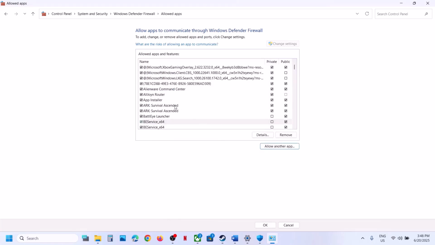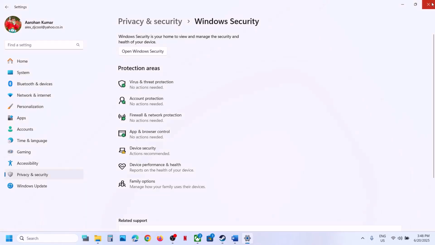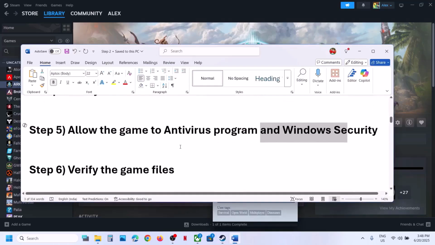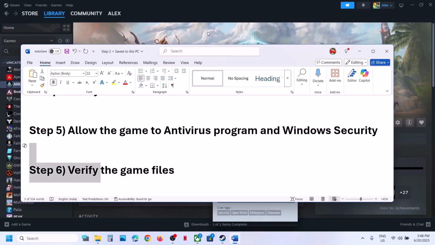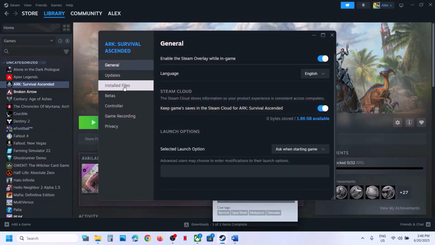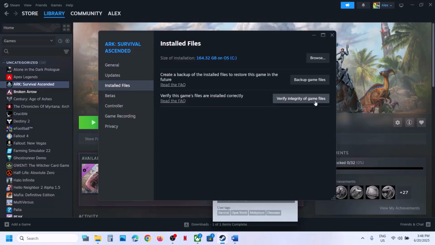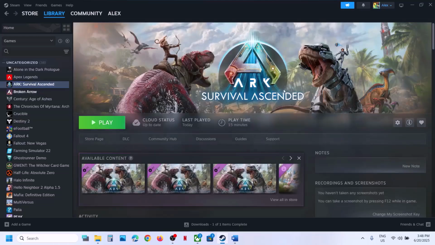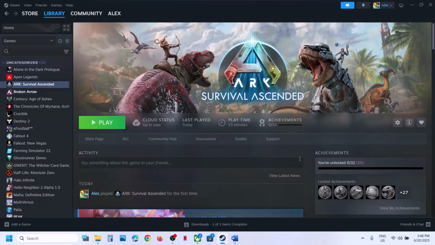Now, once the game is added over here, once everything is added, now you can launch the game and then check. Still not working. The next step is to verify the game files. To verify the game files, you can go to Steam, make a right click on the game, select properties, go to install files tab, and then click on verify integrity of game files. Once the verification is 100% complete, launch the game and then check. Still not working. The next step is to